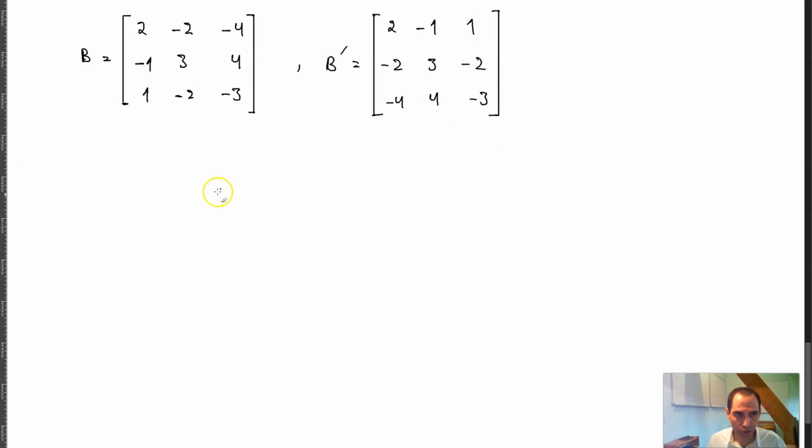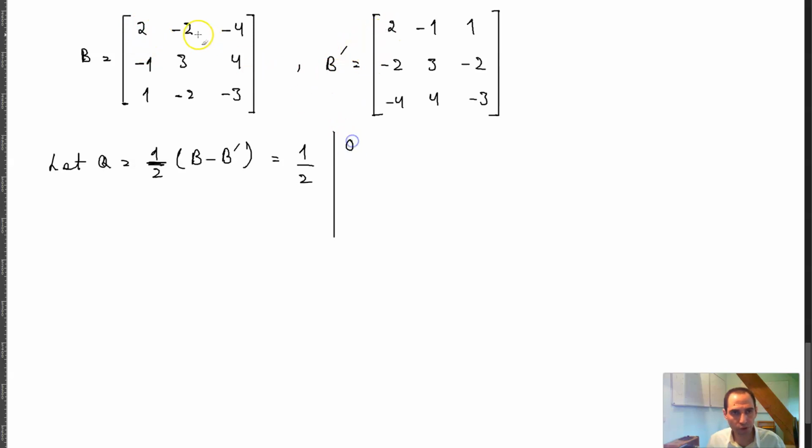So the skew symmetric matrix, I can write it as 1/2 of B minus B prime, if I'm not mistaken. Now you can basically say that, for example, let Q be equal to 1/2 of B minus B prime, which is equal to 1/2 of B minus B prime would be 2, for example, -2 is equal to 0,